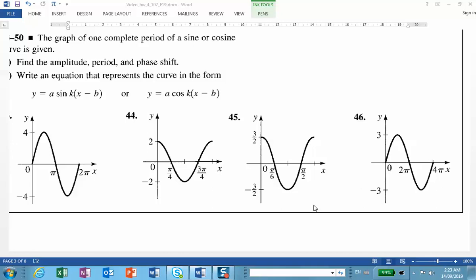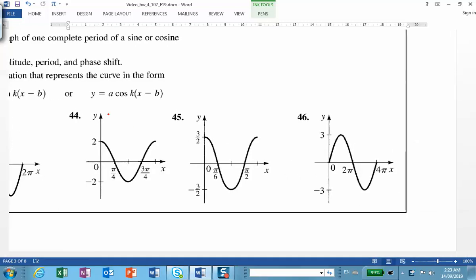Well, these problems are relatively simple. So a curve is given, and you're asked to identify the amplitude, the value of k, and of course the shift. Okay, so let's start with the one which is over here,